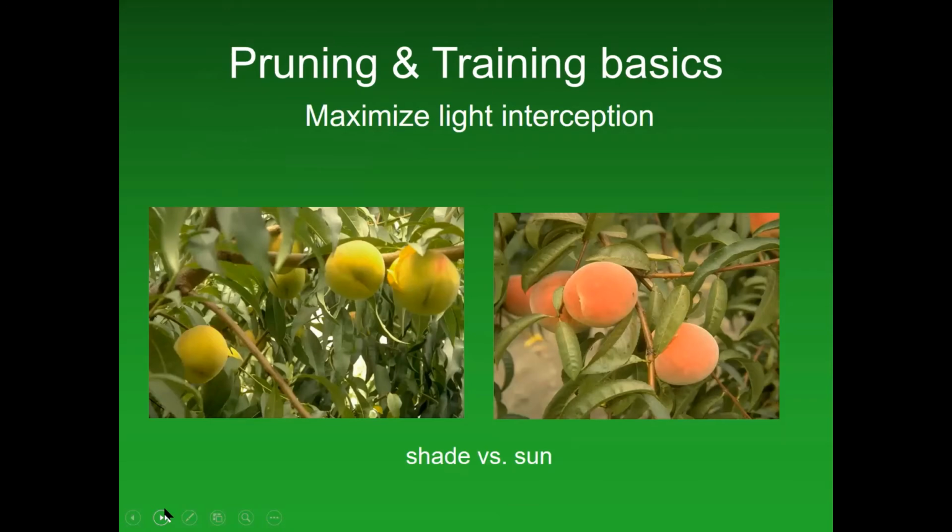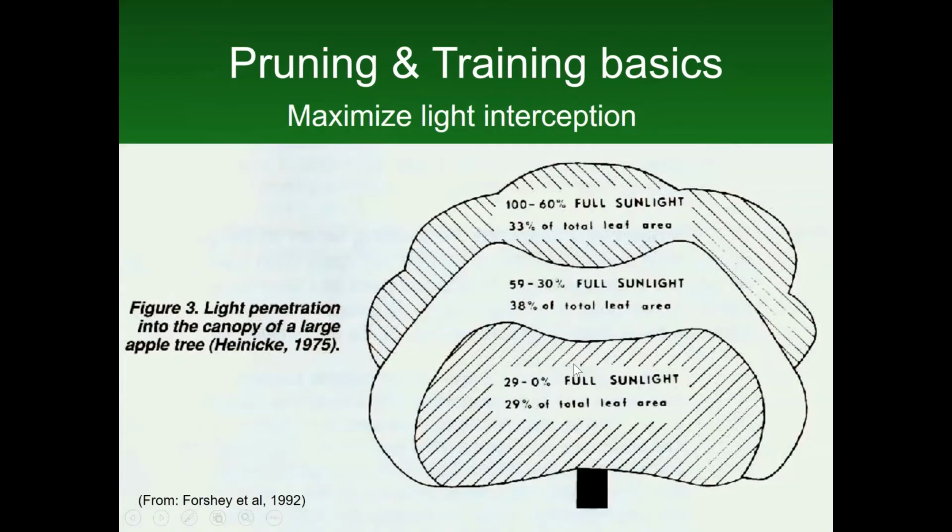The other reason that you want to prune is to make sure that you maximize the light interception into the canopy. This shows that fruits in the center of the canopy really didn't color as well as those on the external part. So you want to make sure you have fruit all through the canopy. These diagrams show that on big trees especially, the inner part of the tree is almost dark. It has very little light, and you get most of your sunlight on the third of the tree that's on the outside,